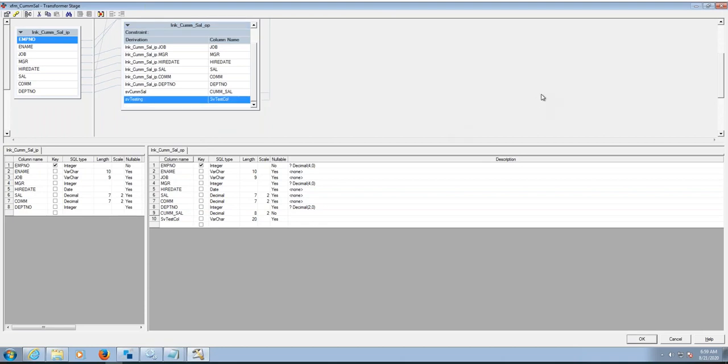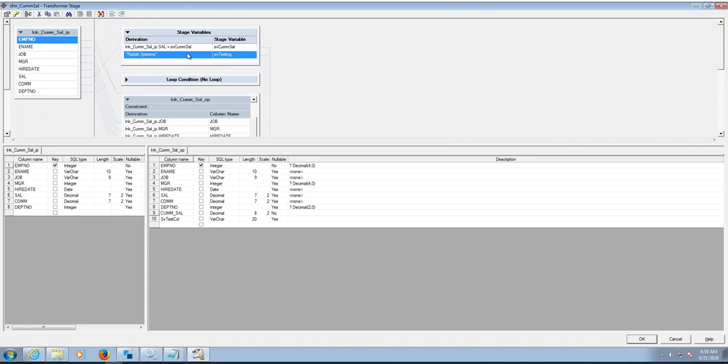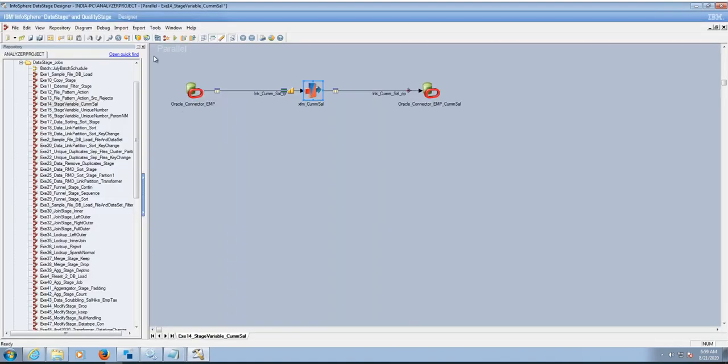Whatever expression we have passed on the variable will be reflected here. What we have given here, Redux systems, will be reflected in each record in the output. So now we have calculated the cumulative salary. Now we will save, compile and run the job. Then we will see the output.